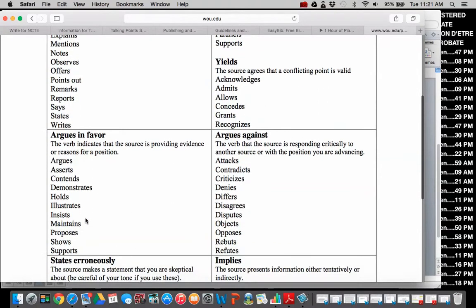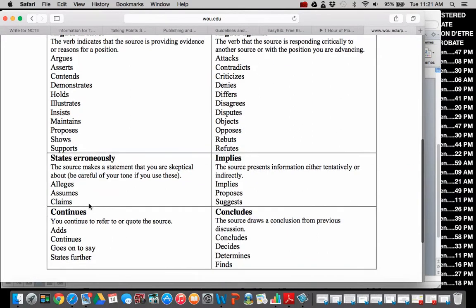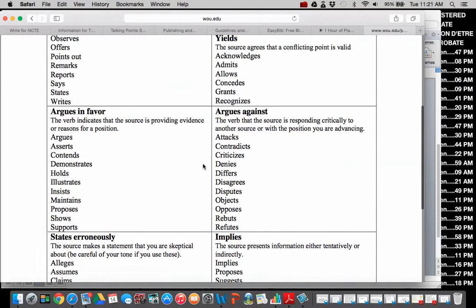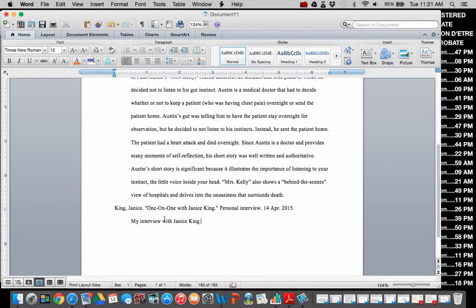Demonstrates would be a good one. I'll show you how that would work. Or supports, that would be a good one too. Let's go with demonstrates. So my interview with Janice King demonstrates the